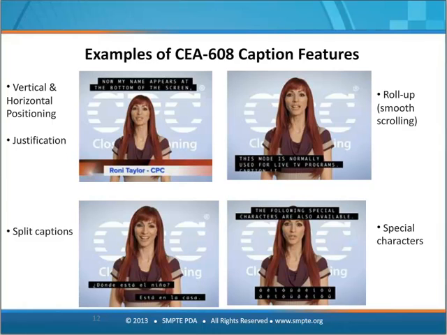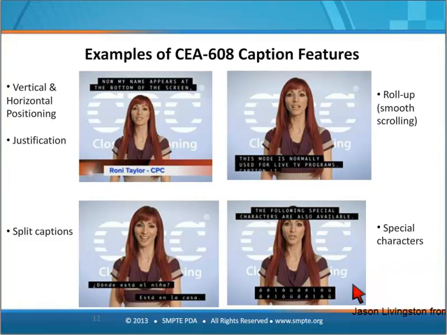And here are some visual examples of what the closed captions can do, 608 spec. I'm going to put my pointer on so I can point to some things. Hopefully you can see that. So, for example, if there's a lower third in the picture, you need to move the captions around so they don't obscure important parts of the picture. Notice the text has different kinds of positioning and justification.